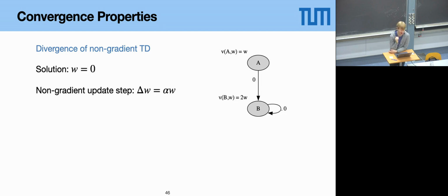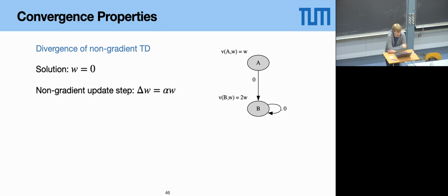So this is sort of minimal. There are just two states and one parameter, w. And the way it is parameterized, you can see in the figure, the first value is parameterized as w and the second value as 2w. And it's a Markov zero reward process. That means all rewards are zero. Then you can immediately tell that all the values in the problem have to be zero. This is the solution we're trying to approximate, and we just see whether these non-gradient updates can find it.